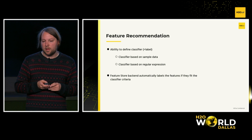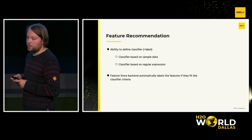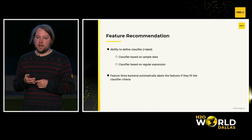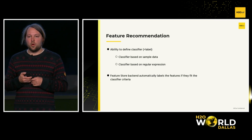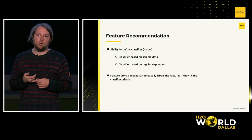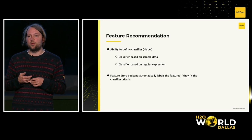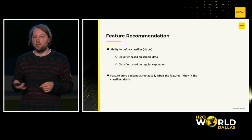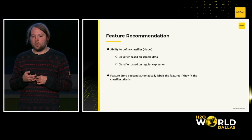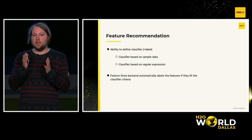And the last new feature which we introduced is the feature recommendation and classifiers. What that's used for is that in Feature Store you define a label or classifier, and the classifier is defined either based on a regular expression or based on sample data. The classifier, for example, stands for zip code or telephone number or social security number. And you also define, let's say, a percentage criteria, how much data needs to match this criteria,